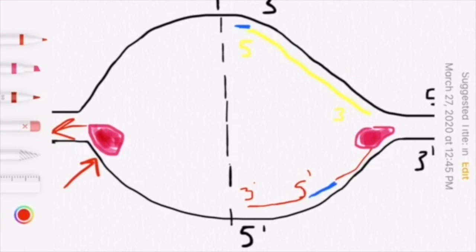So once the strands are separated, single-stranded binding proteins will come, and their job is to keep the DNA separated so it doesn't rebind to itself, and also to help protect and stabilize it. This dotted line through the middle is the origin of replication, and it's basically just where the DNA will start